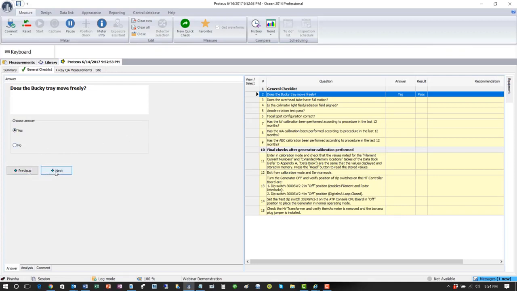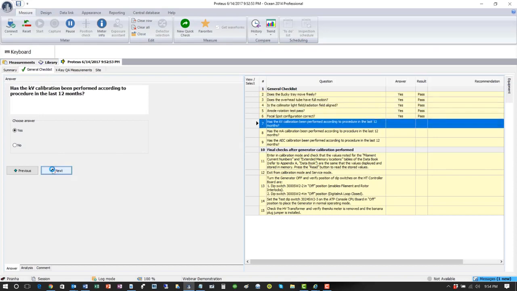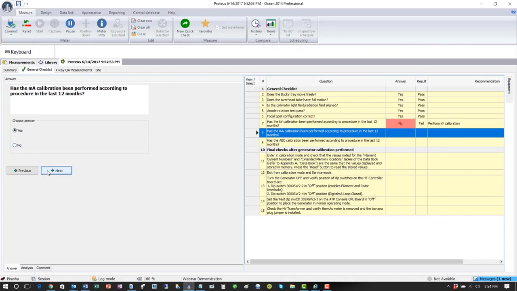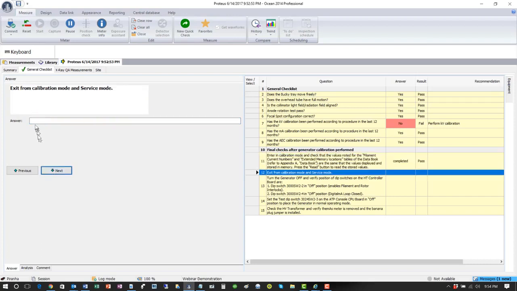So all I have to do is, because I've set up the question templates with default answers, I can just hit next and move rather rapidly right down through them. Here I can select no, I can get a failure that way, and I'll hit next on this, keep one failure. And then basically here I can put in different answers. This was a heading that was final checks after generator calibration performed. And I can just put in here completed and hit next, and I can complete the next one,